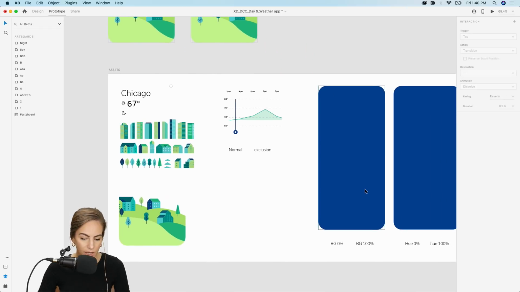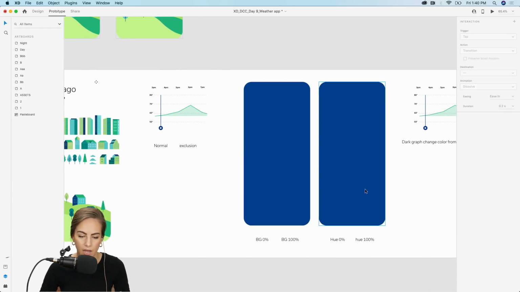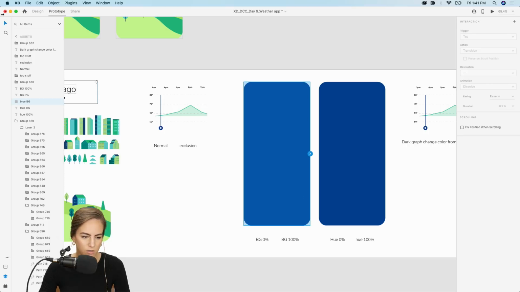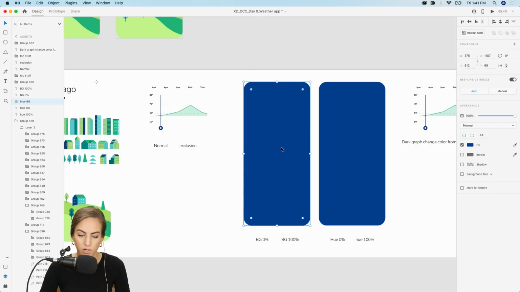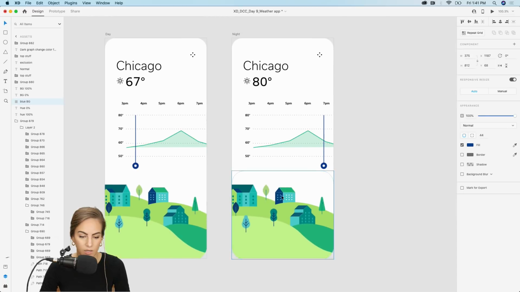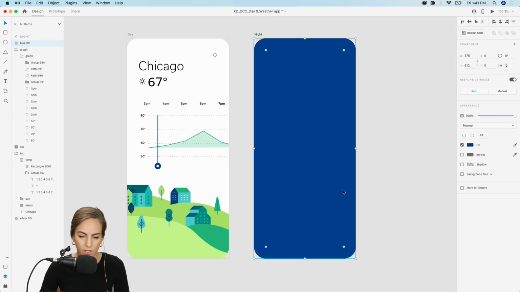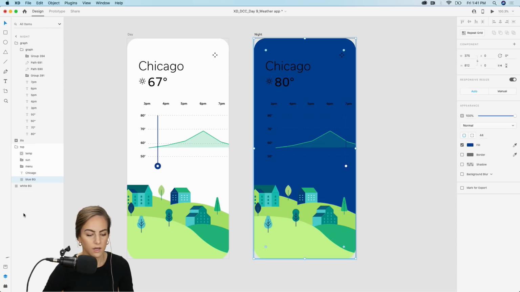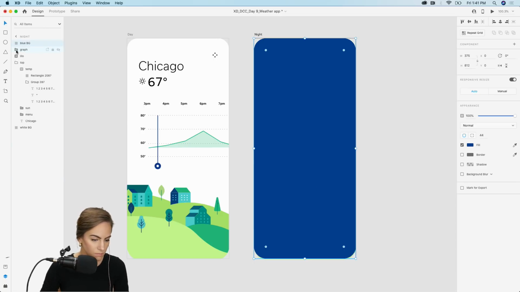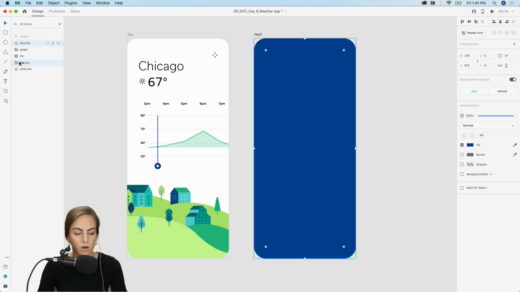Okay, so now I want to add some of the background elements, and I need to use a few layers of this, so I'm going to try to go slowly so you guys can understand what layers I'm using. So first, let me go back into the design tab, I want to copy this background, and I want the background to change from white to blue. So I'm just going to copy it, paste it in here, and send it almost to the back, just right above, let me compress these a little bit, right above our white background.